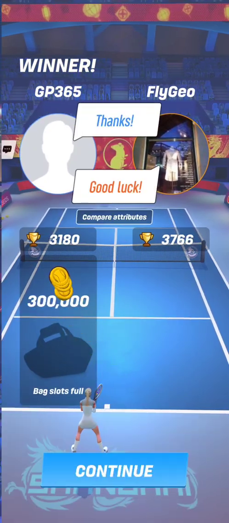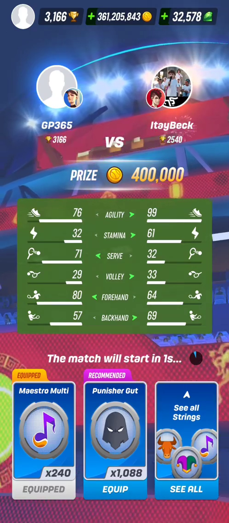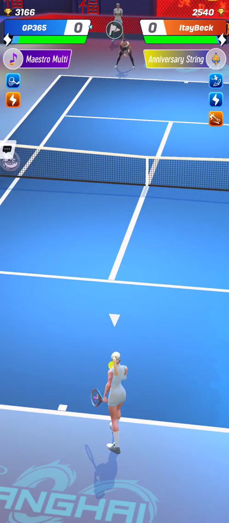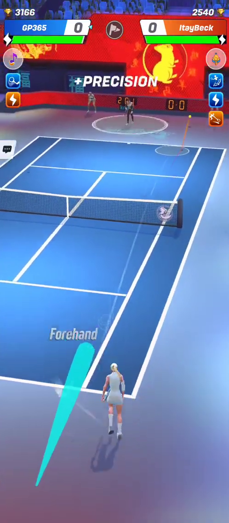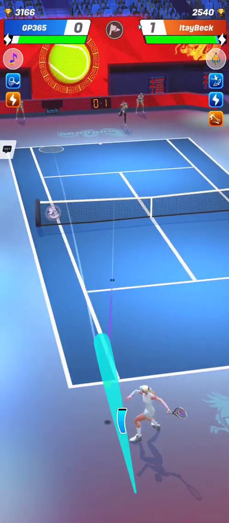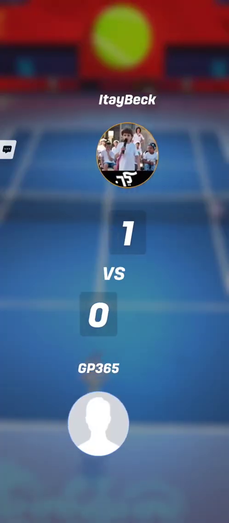Let's play now versus Ite Baek, who was still having low stats. Now he has much higher stats. Not because the stats have increased after the update of 13th of January, but because he has maxed the hammer in the forge. And since he has climbed a lot in trophies, in this match he was using a